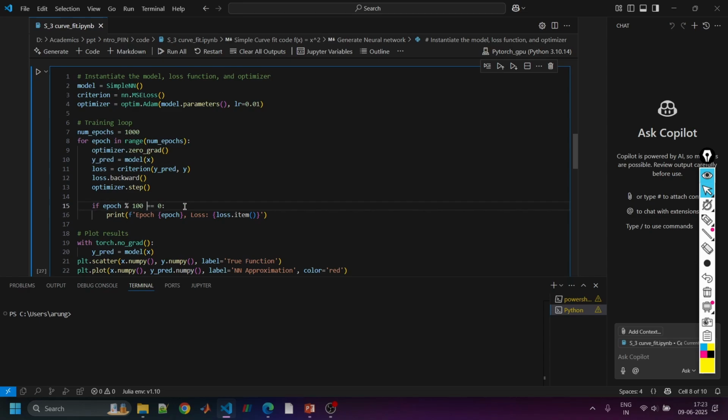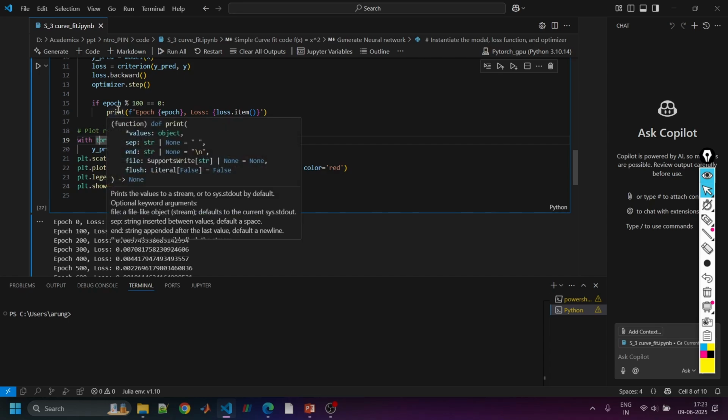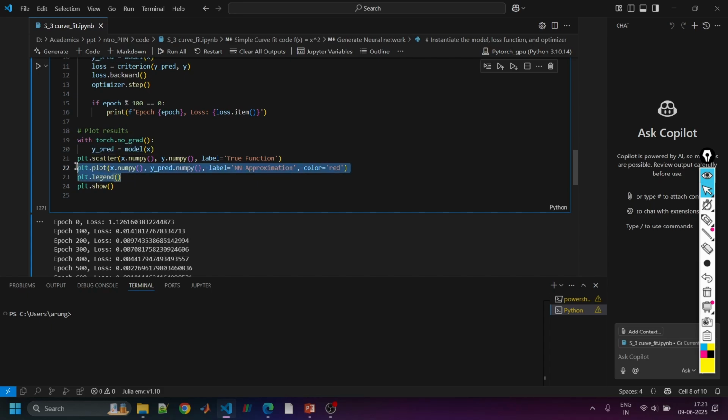Here we are just printing the losses every 100 iterations so that we can monitor whether the losses are converging or diverging. We are storing the output of the model here. This is optional because we already came out of the loop. So if we want to evaluate inside the loop, we can put it here. This will ensure the gradients are not evaluated when we are doing these calculations. Finally, we have these plotting functions. Here we are plotting that input function. Here we are plotting the